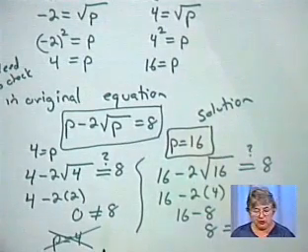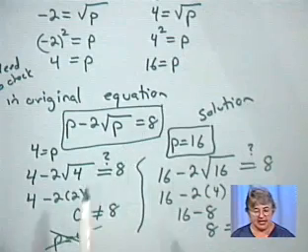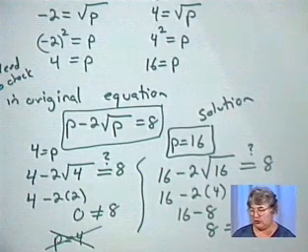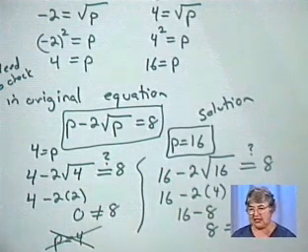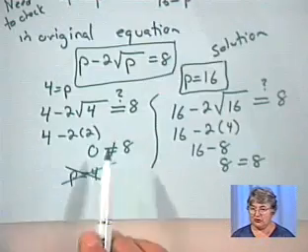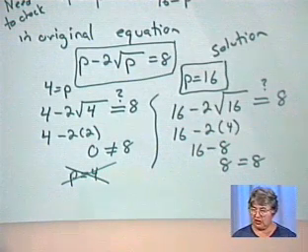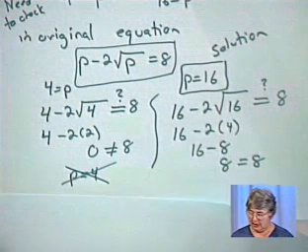Okay, so we were able to make this equation, p minus 2 square root of p equals 8, we were able to transform it into a quadratic equation, use the techniques we've learned for solving quadratic equations, and obtain that way solutions of the equation that we had. In this case, one was